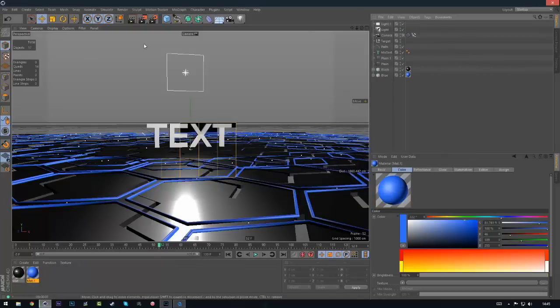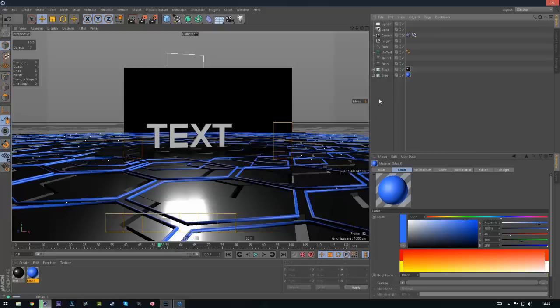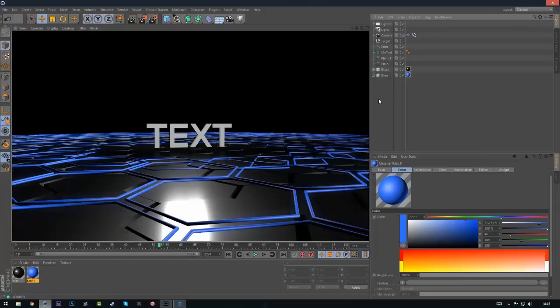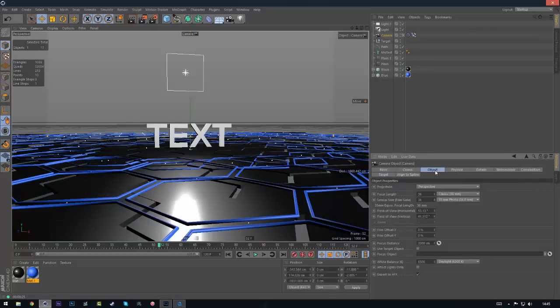Render this out one more time. You should see it's taking a little bit longer now because it's got to render all the reflection paths and everything like that. But, you know, that's looking pretty good. So, yeah, that's looking awesome. I like that. The last thing I would do, actually, if we go to our camera, we can